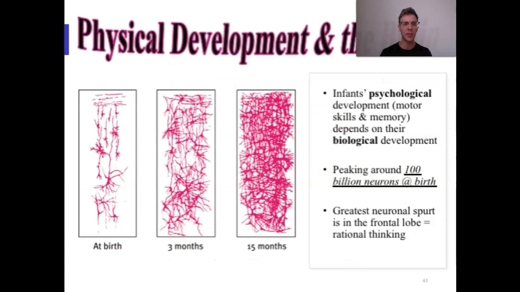Okay, and then physical development of the brain, we can see here at birth to 15 months, there's a huge change in how the brain of a child develops and matures into processing things like language, into processing things like motor skills, memory. Okay, and these are all psychological and biological developments that occur. So infants'